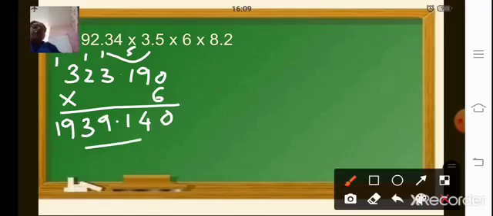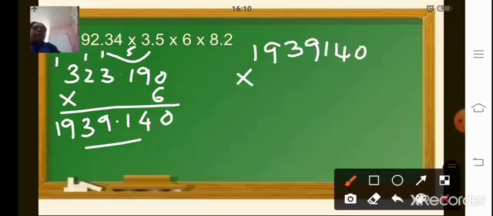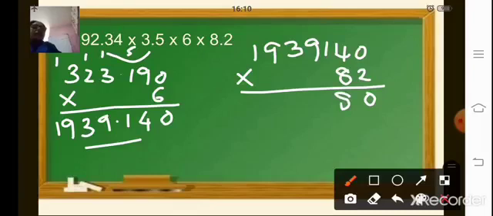Now to this number you will multiply 8.2. So this number also, first without using the decimal point, we will write the number multiplied by 82. So 0, 4, 2 fours are 8, 2 ones are 2, 2 nines are 18, 1 carry over, 2 threes are 6 plus 1, 7, 2 nines are 18, 2 ones are 2 plus 1, 3. Just check with your multiplication whether you have done it correctly.